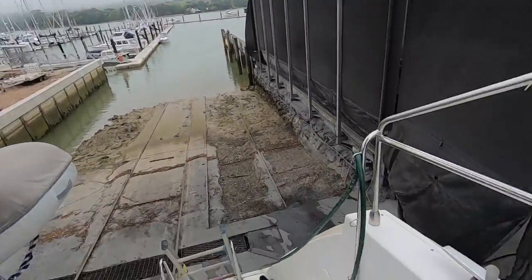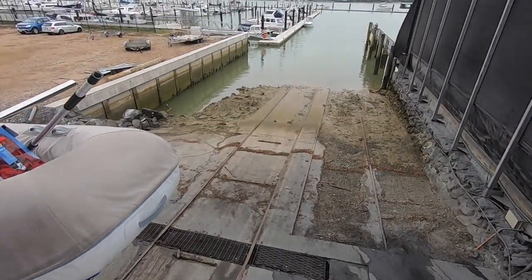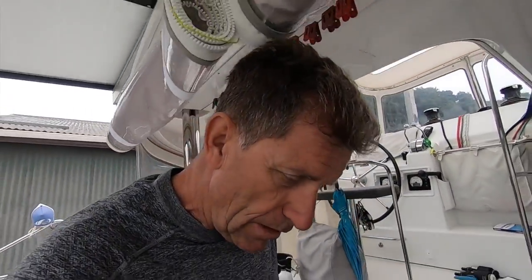So we are day 2 on our haul out. You can see we're still a long way from the ocean. Anyway, one of the things that we got buttoned up while we were on the hard is